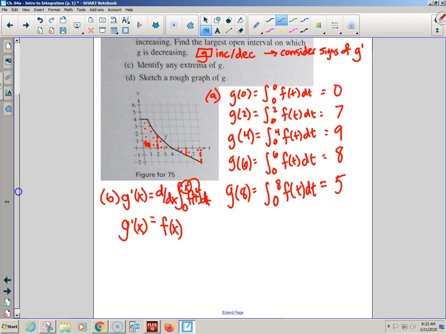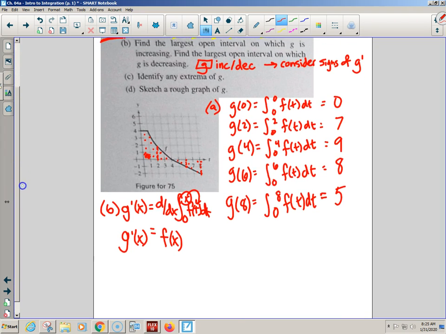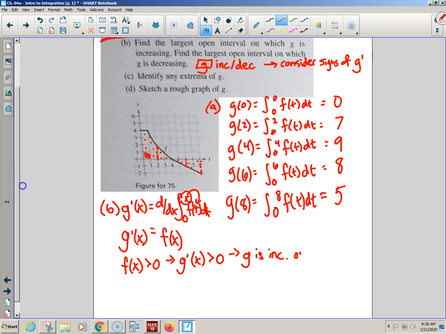Who's f? The graph. So if I'm trying to figure out where G prime is positive or G prime is negative, I'm trying to figure out when f is positive or when f is negative. So kiddos, when f is positive, that indicates that G prime is positive, hence G is increasing. What's the longest time that f is positive? 0 to